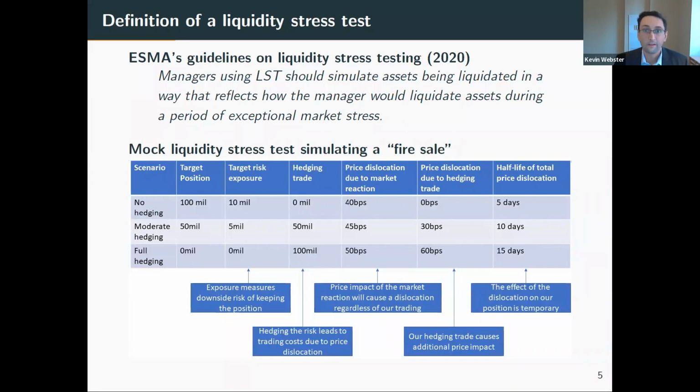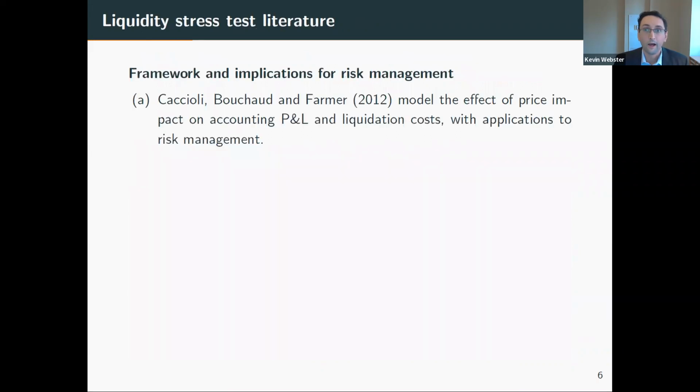Thank you. That was a good question. I'm now going to move on to the literature review. So there's two strands of literature I need to review: the liquidity stress test literature and the price impact literature. These are going to be reasonably brief. There's obviously a larger body of work here, but